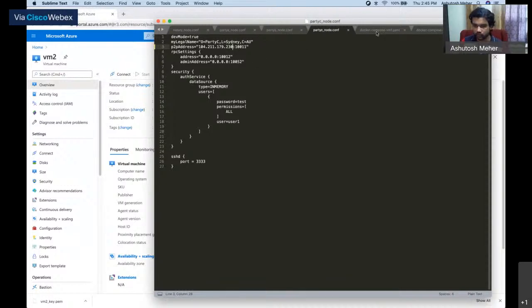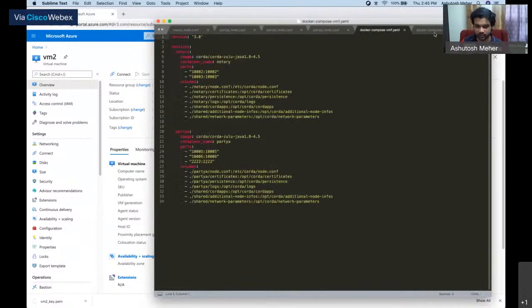Before we move on to the Docker Compose file, let me just show that nothing much changes. Everything remains the same, other than two things. We are now exposing the two ports, which we didn't earlier because we were using the default one. But since we are changing our ports, we need to expose them in the Docker Compose file as well. One possible thing which you might notice is that I have just changed this folder on my local from node infos to additional node info so that it's in sync. That's easier. Just copy it over there, and it just works. Nothing changes there as well.